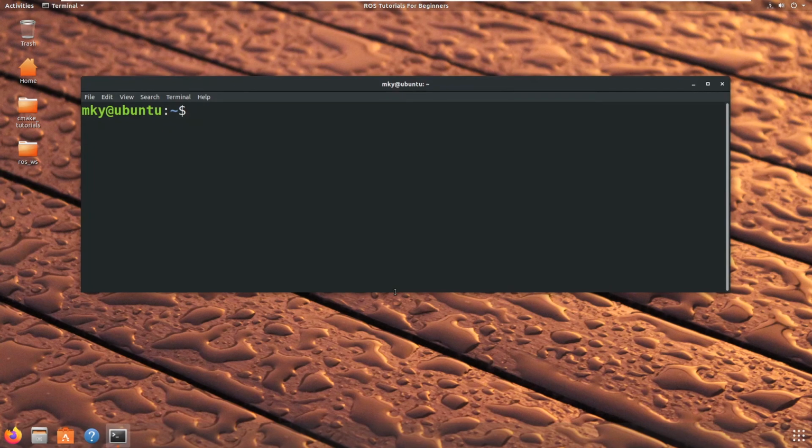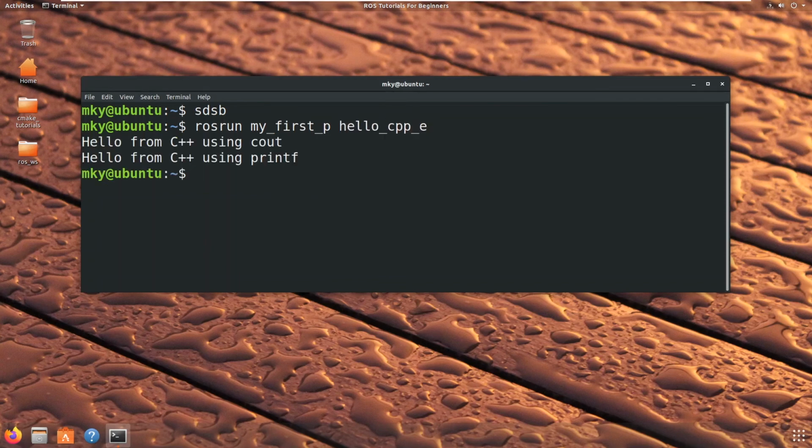Here, we will run the sdsb command and then execute the rosrun command. As you can see, the alias is now working and we are getting the correct output. And from now onwards, we will use the sdsb alias for running the setup.bash file.